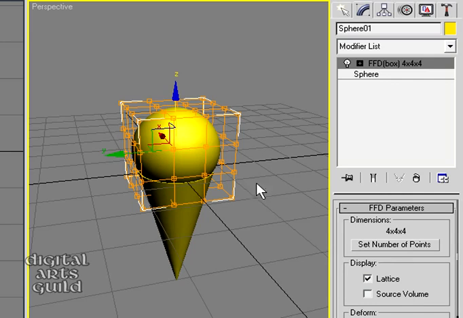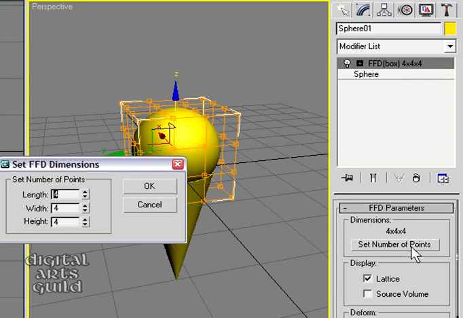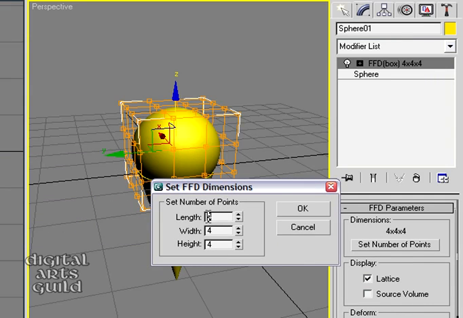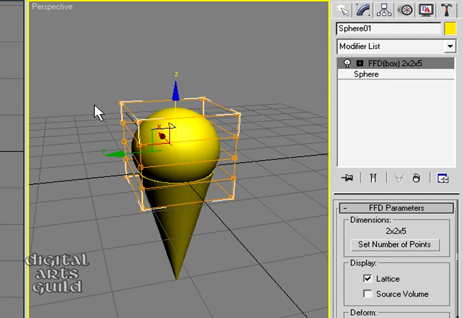So I'll go down to the FFD parameters and click Set Number of Points. I get a dialog box. We need to set the length and width to 2. So I'll hit 2 and then press Tab, and then 2 on my keyboard. On the height, I think we need 5, so I'm going to press Tab again and press 5 and say OK. So now I've got a bunch of control points I can start moving around to change the shape of